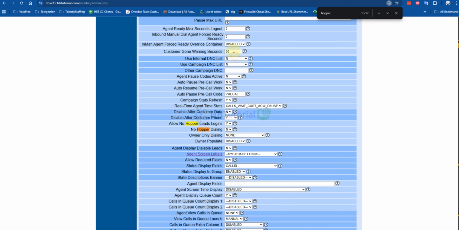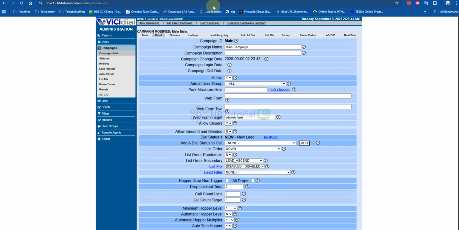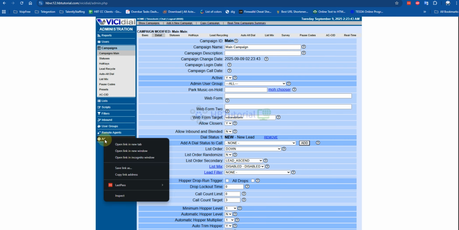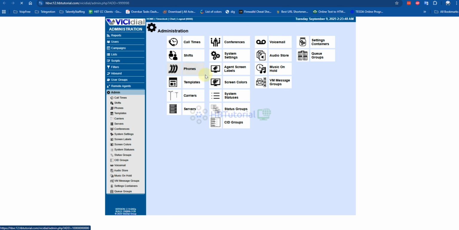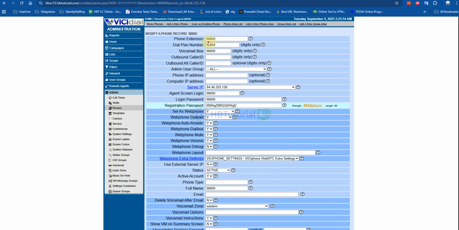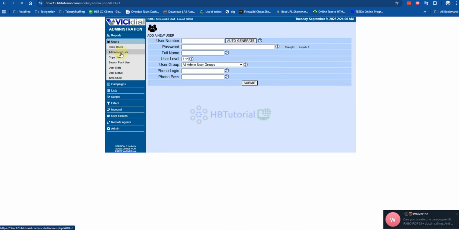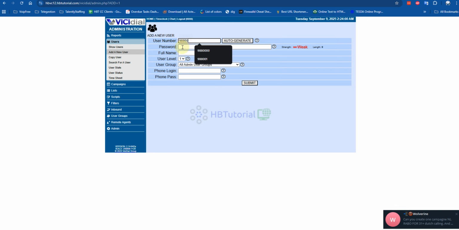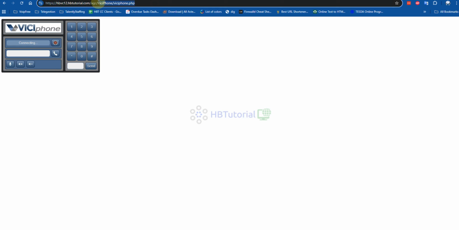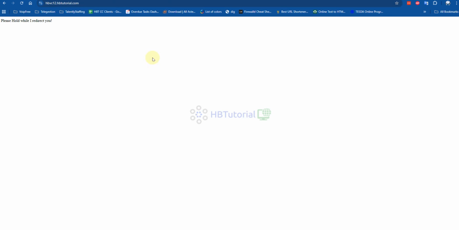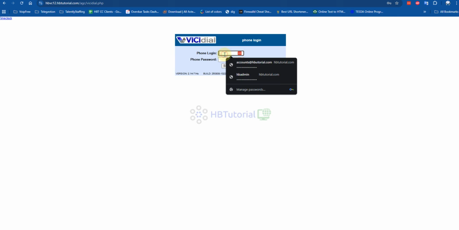And then we need to create the user, but we're going to copy this phone as a user. Okay, add the user. It's a simple user only, and then we can test it now. Okay, agent login, phone password.